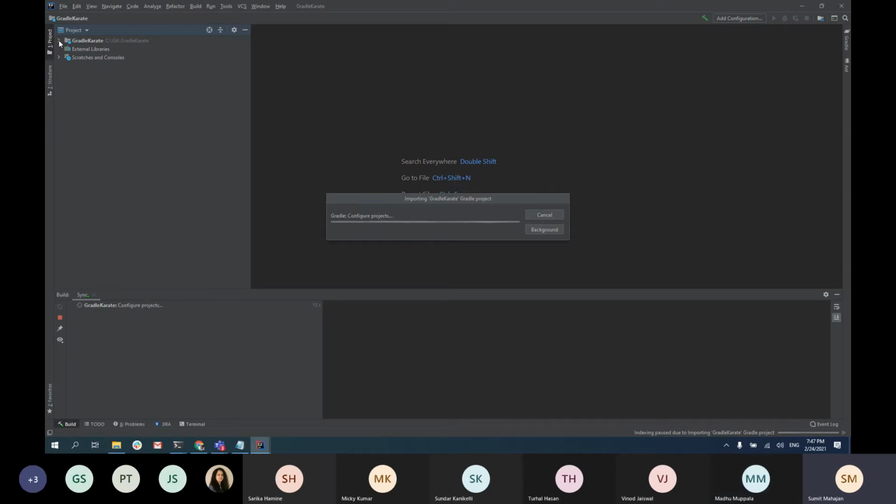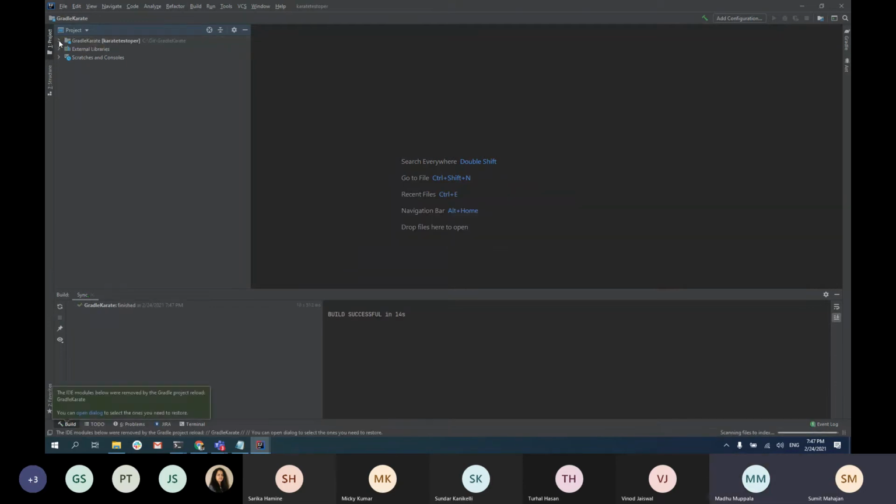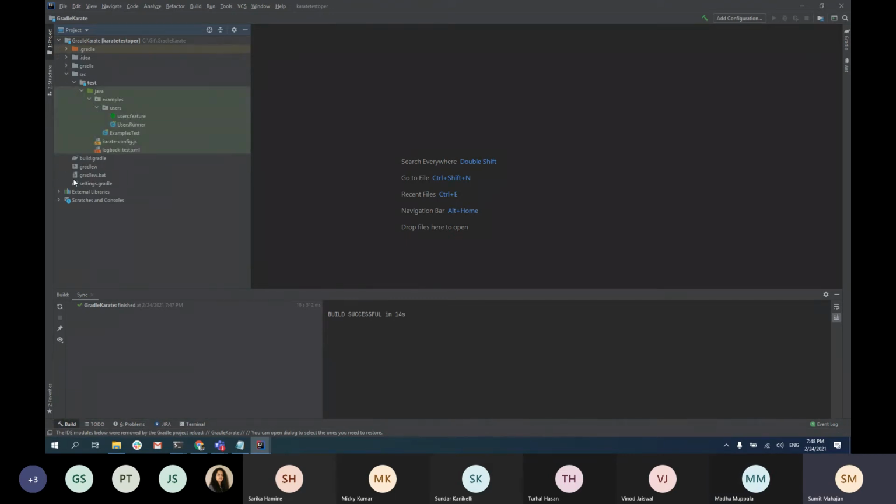It will take some time to initialize the import. So it already created a build, it finished, it was successful. If you look here, you have the source, the same source code that you were executing before.